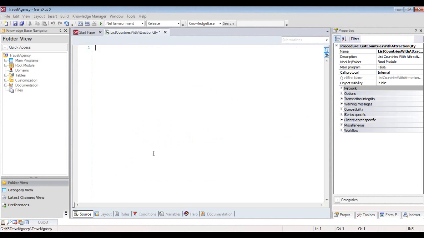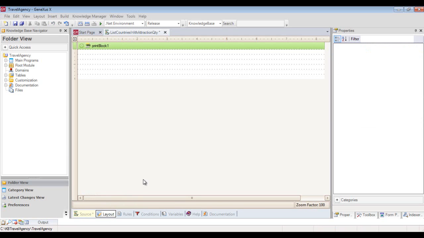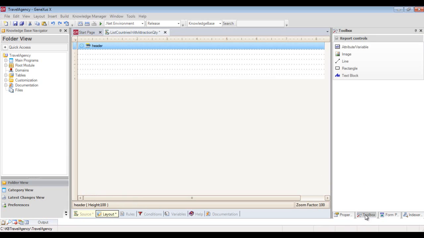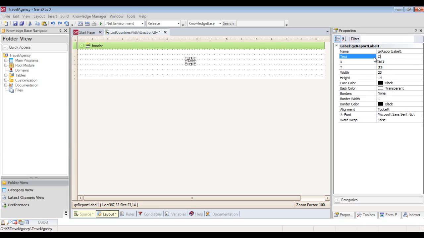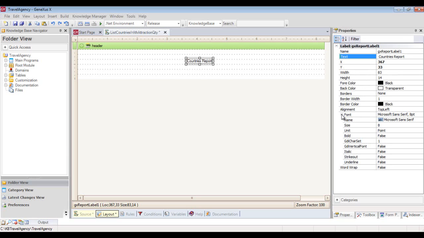As we are positioned on the source of the procedure, the first thing we must do is print a header. So we write the instruction print header. We go to the layout section to define the print block named header, and we assign that name to the print block provided by default. From the toolbox, we drag a text block control to the print block. In the text property of the text block, we type countries report and modify its font size,